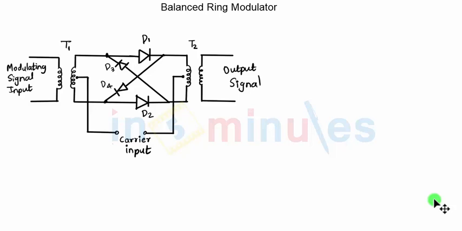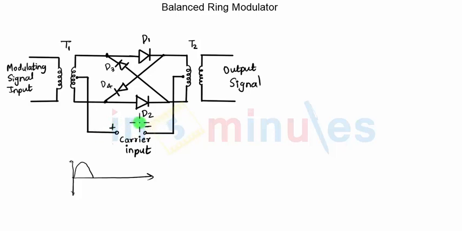Let us continue with the working of balanced ring modulator. We have just now concluded that it is the carrier signal that will decide the switching of the diodes. Let us first consider the positive cycle of the carrier signal. If I consider the positive cycle of the carrier signal, then as we can see from the diagram, this positive cycle which will appear with this polarities plus on the